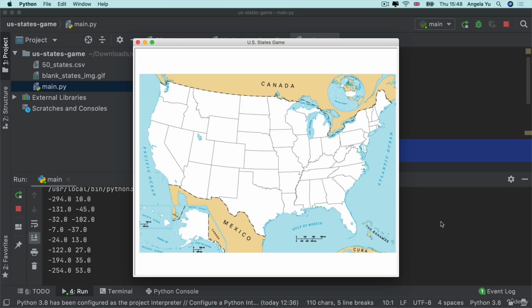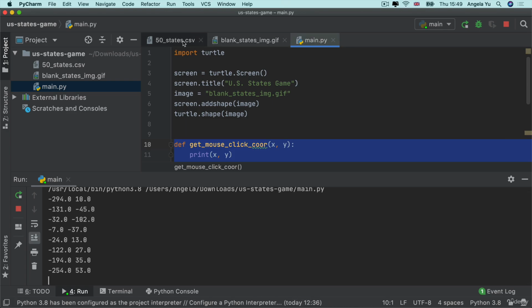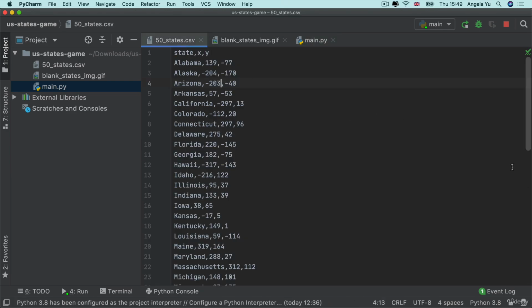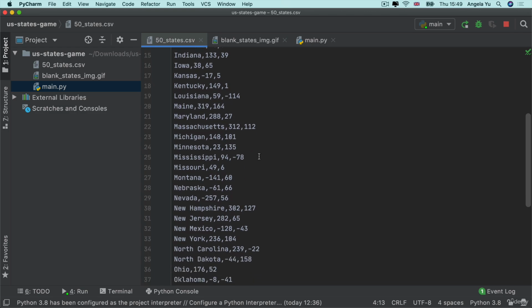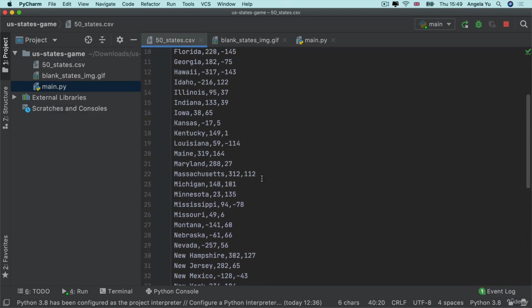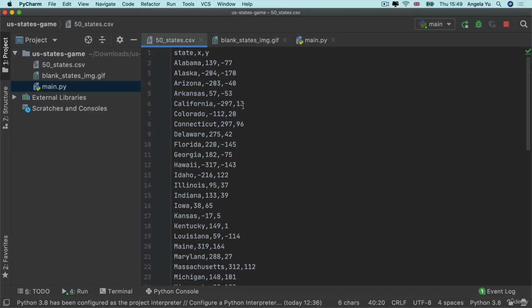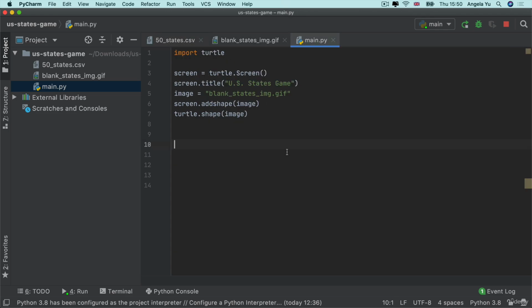Now, if that sounds really tedious, then I have to tell you it really is. But lucky for you, I've actually gone through this entire process and I've logged all of the X and Y values. Now, some of them may be a little bit off the center of the state, but you can always tweak this if you want to. But now you know where all of these X and Y values are coming from. So you don't actually need any of this code because we already have all of the X and Y values in our 50states.csv. All you have to do is to read from that CSV and get those X and Y